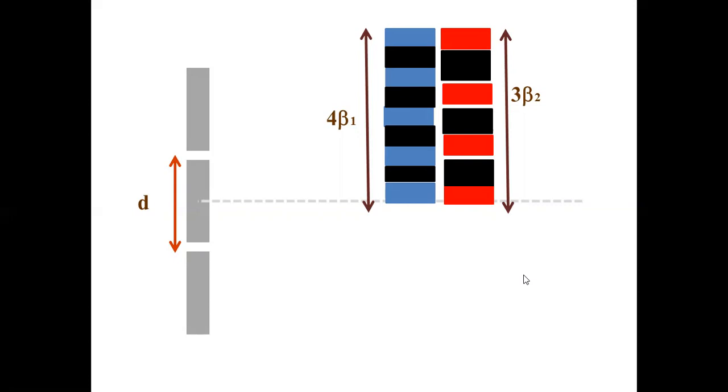Your foot length is 0.75 feet. So 0.75 plus 0.75 is 1.5, 1.5 plus 1.5. That means 4 steps. When you keep 4 steps, you will be 3 feet away because your foot length is 0.75 feet. What about your friend? Your friend will keep exactly 3 steps at the same place.